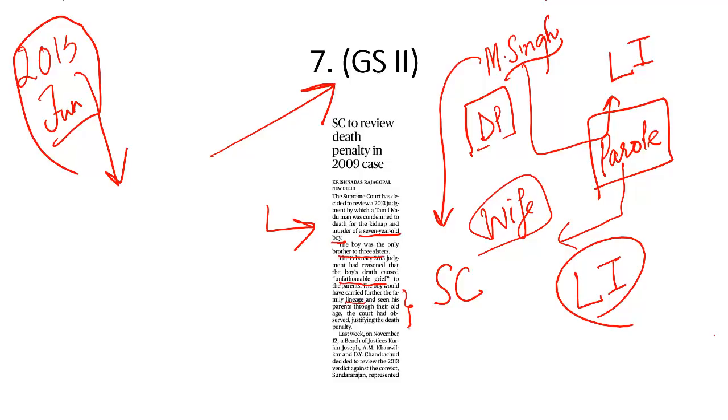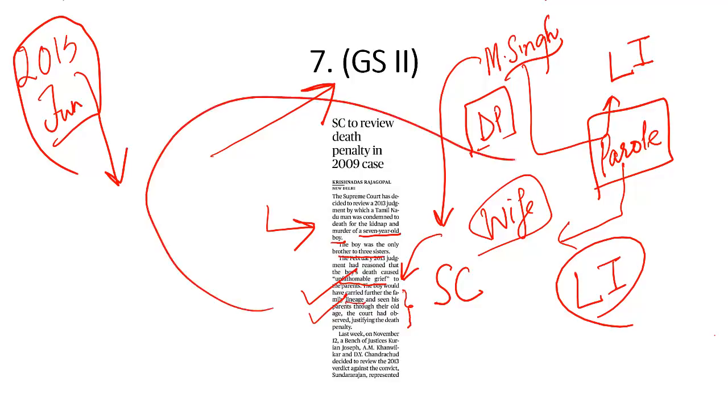This verdict of the Supreme Court was heavily criticized at that point in time, because if you notice, there is a patriarchal bias in this judgment. What does this statement mean? This boy would have carried forward the family lineage and would have seen through the parents in their old age. So it was heavily criticized in the media that there is a patriarchal bias in the judgment issued by the Honorable Supreme Court. And many people compared this capital punishment award to the same judges who awarded life imprisonment to Maninder Singh instead of a death sentence.